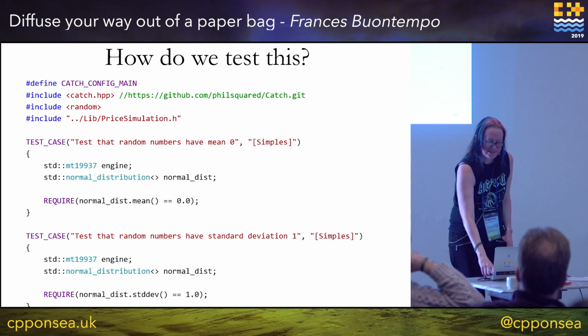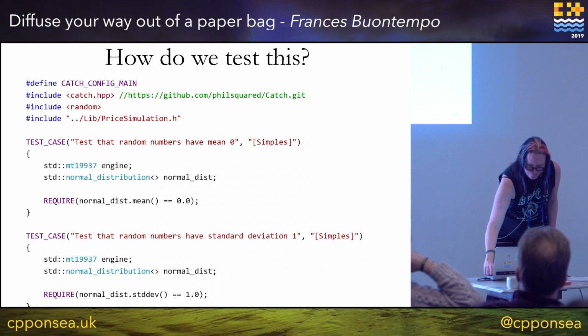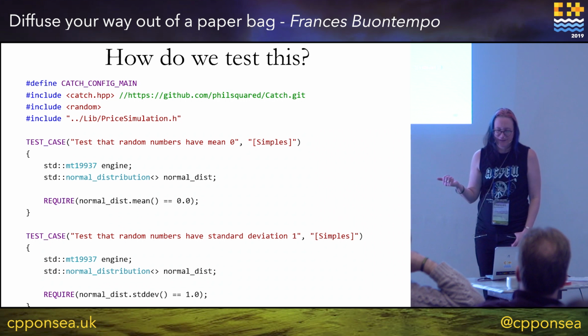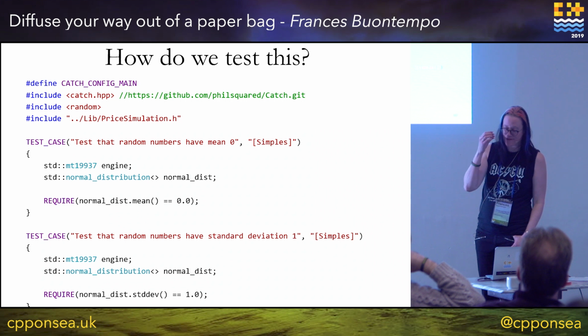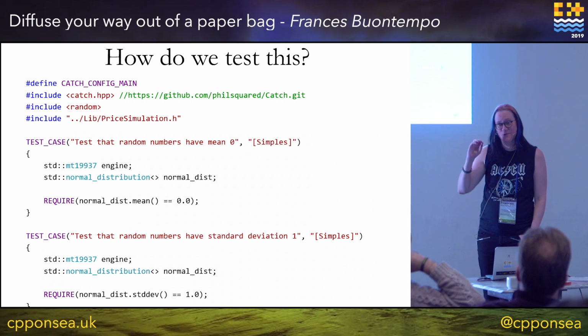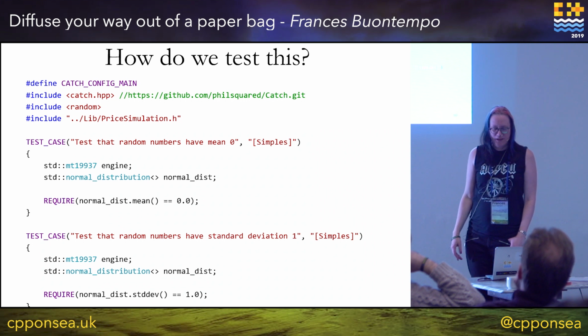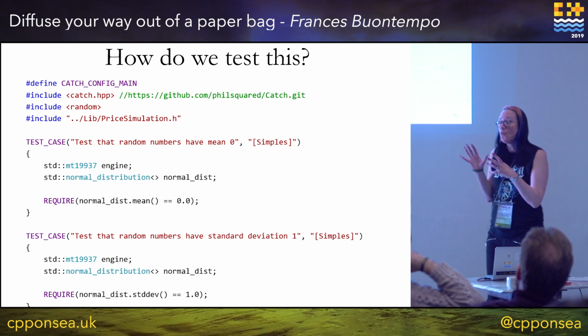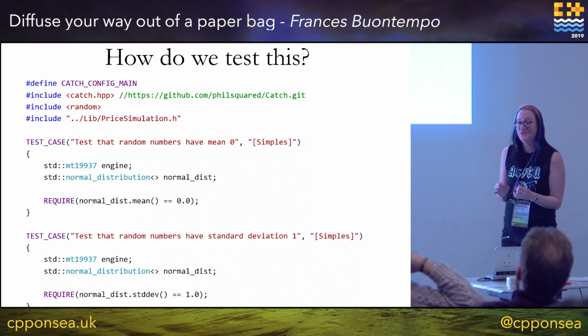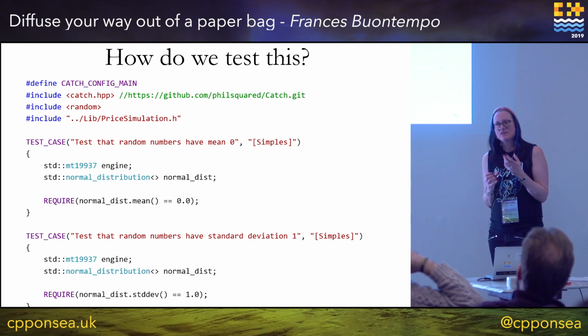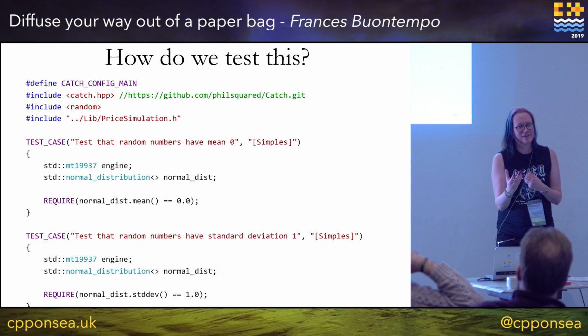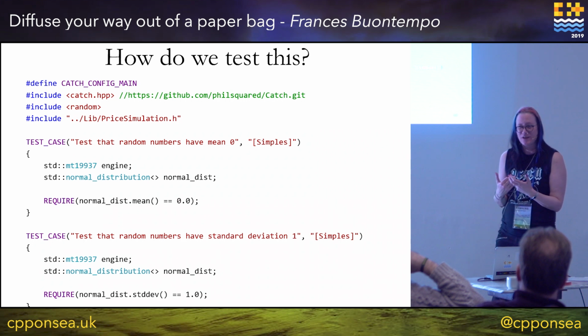How do we test this if things can go wrong? So I quite like Phil Nash's Catch framework, which is now updated to Catch 2, so you might have to twiddle the code slightly to get it working with the newer versions of his framework. When you have things like this, you're in danger of just testing, do I want a random number, have I got a random number? And you're not really testing your code.